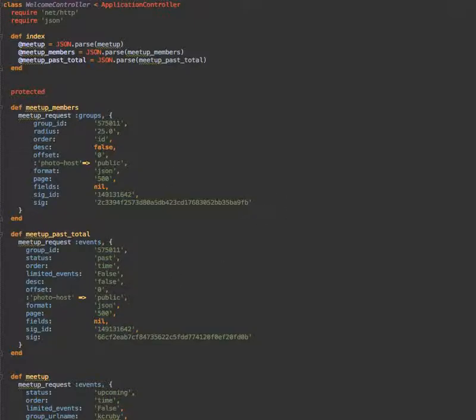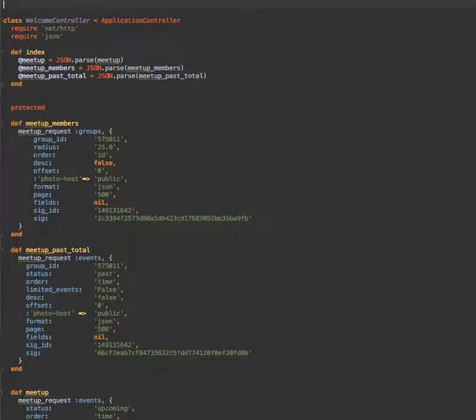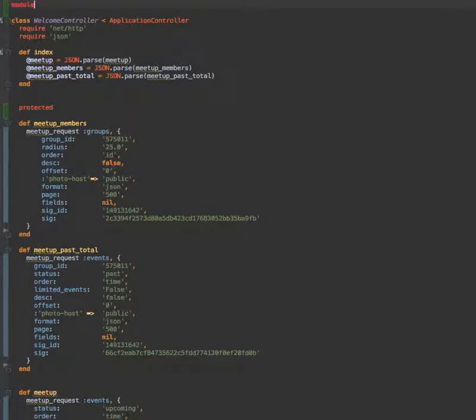Well, we could go with making concerns. Now, a concern would be like a module. You know, if we created a module, here's what I'm going to do. Let's just stick it up here for a minute, because we're not going to do this, but I want to show you what we could do.